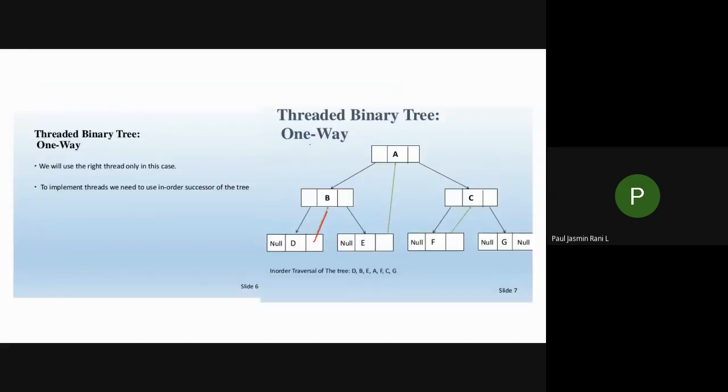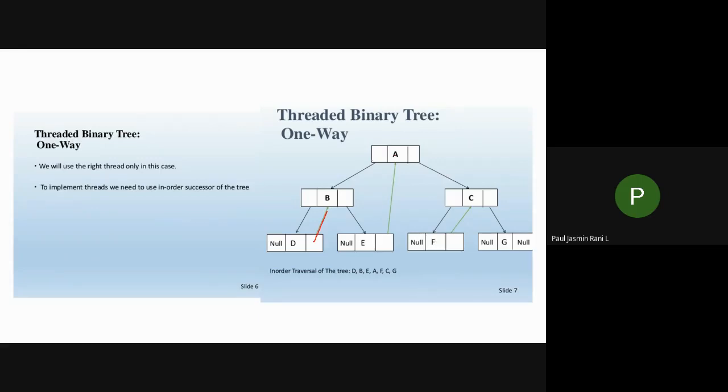Okay, so let us see how we are going to construct a threaded binary tree. I'm simply saying that this is marked as your parent node, isn't it? It's very simple. First, you have to see the binary tree. From your binary tree, you have to write your in-order traversal first. So when you write this in-order traversal first, what will happen?